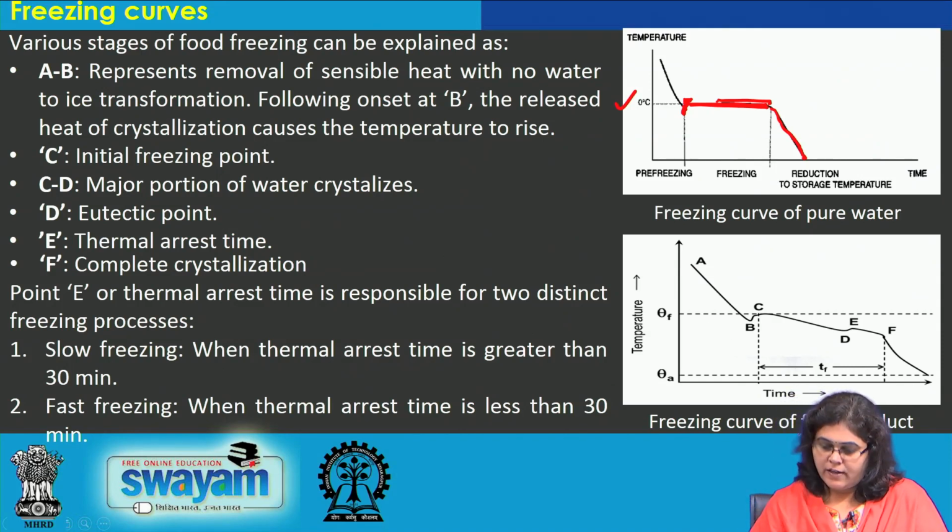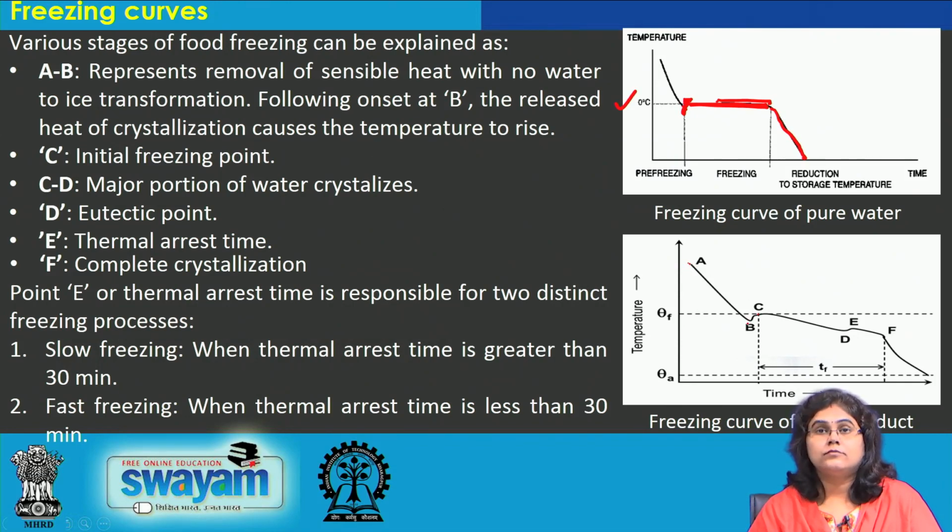Now, coming to the freezing curve of the food materials. So, various stages of food freezing can be explained here. The freezing curve of food material deviates as compared to the freezing curve of pure water. So, here again if we start with food product having temperature higher than the freezing temperature, then temperature drop takes place